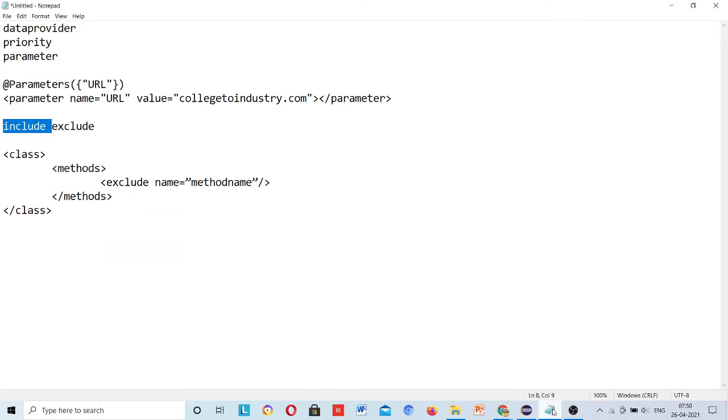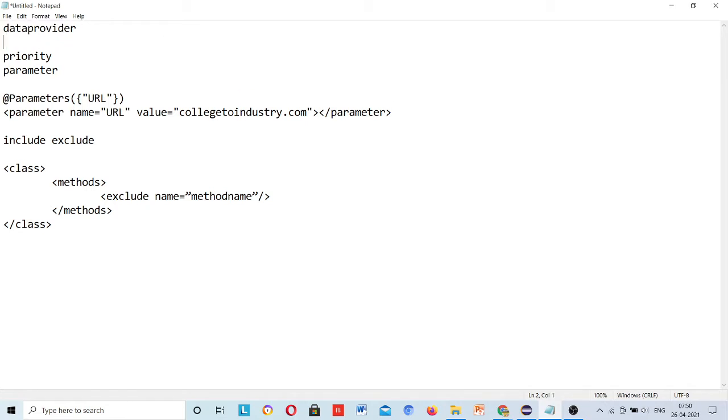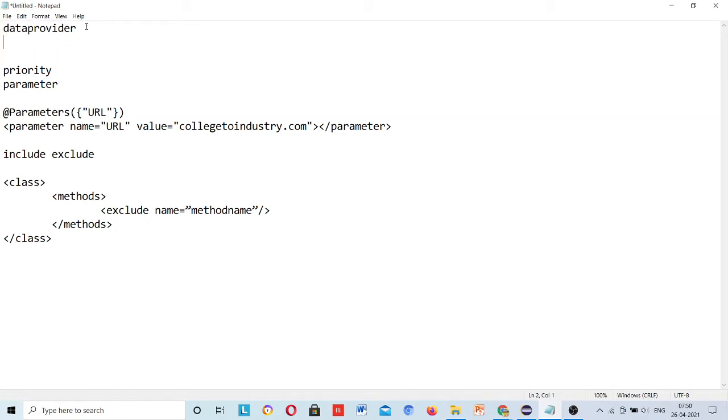Okay. So, the data provider annotation. What is this? This is one more kind of annotation which helps to get the data from any test base or any Excel, any database.